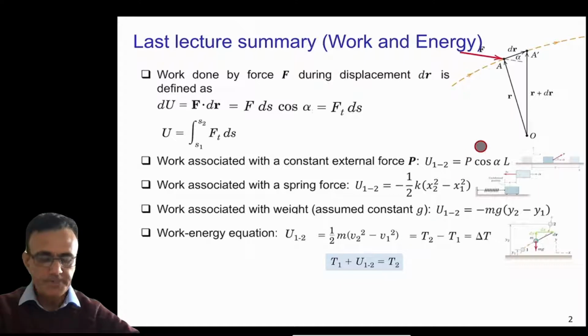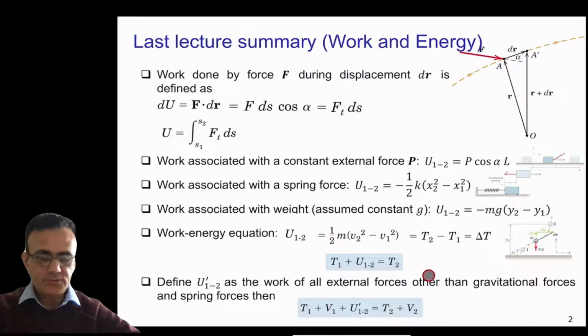But then we try to simplify this equation, and we introduce a new term here, which is U12 dash. So U12 dash is the work of all external forces other than gravitational forces and spring forces. So then we write this equation in this form here. In this case, T1 is the initial kinetic energy of the body plus the potential energy at location 1, plus U12 dash. So this is the work done of all external forces other than gravitational forces and spring forces,